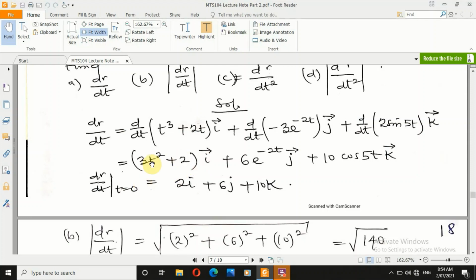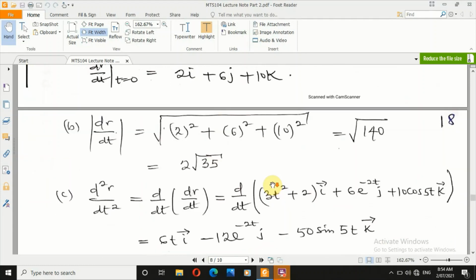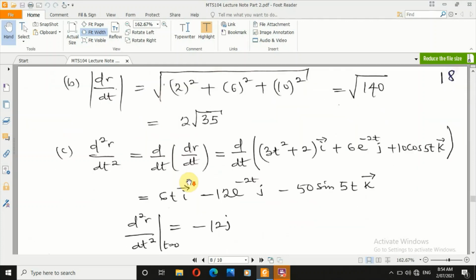In this case, we can find the magnitude at any time. I can ask you to find the magnitude of the velocity at time 5. So what do we need to do? We evaluate this at t equals 5, so we have this expression. Now 18. What about the magnitude? We find the square root of the sum of squares of each of them, and we have 140. So what about the acceleration?